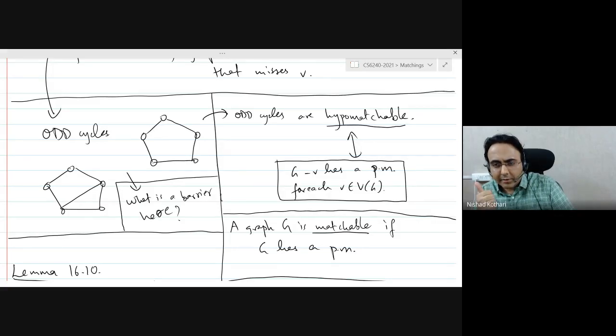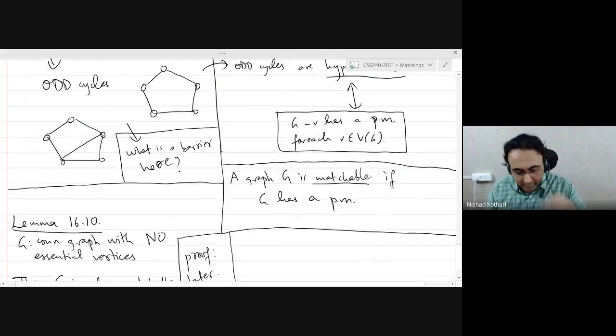So you want a set of vertices so that the number of odd components is exactly one more than the number of vertices you deleted. Empty set. Exactly. Thanks, Arnav. Right. So the empty set is a barrier.